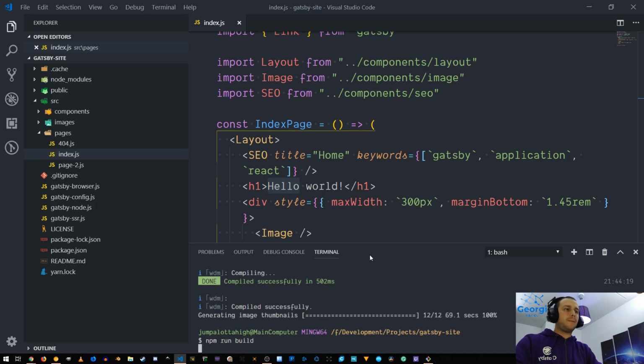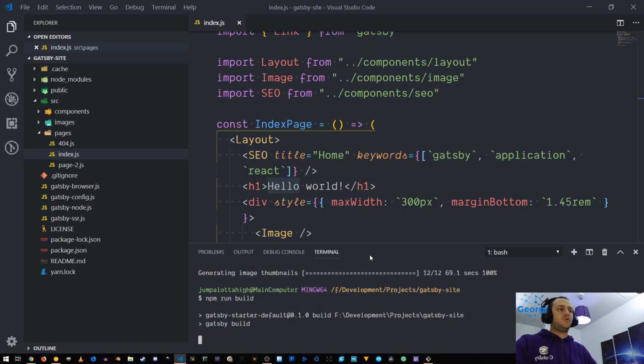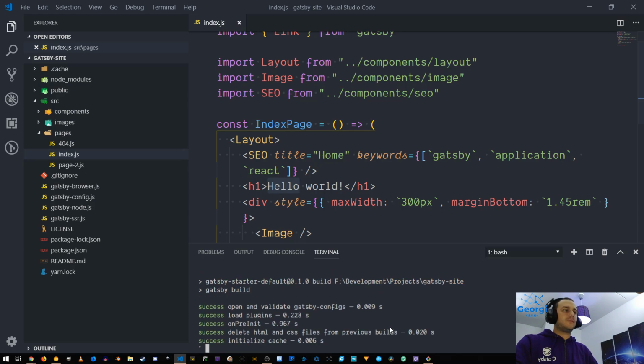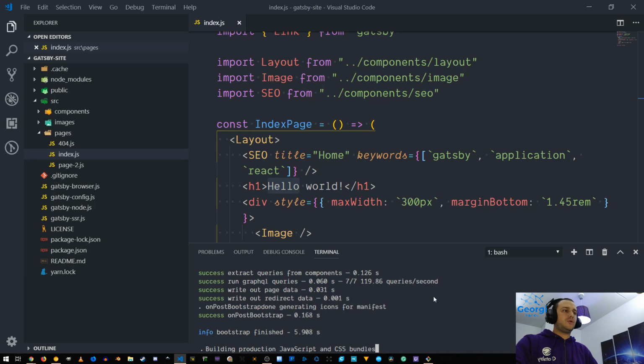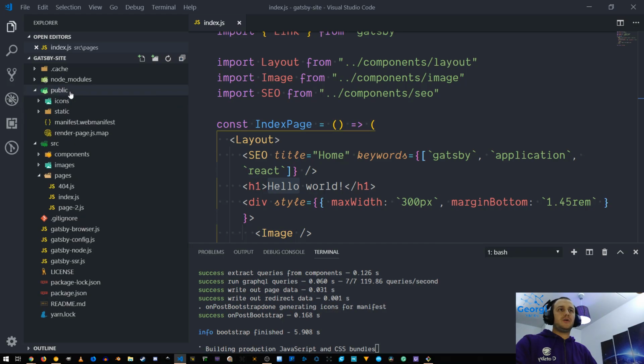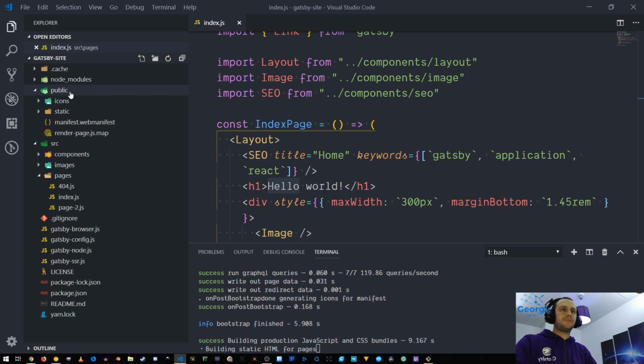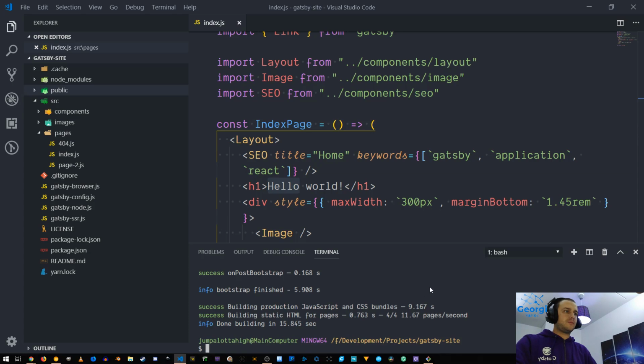But here we are, and so now what we can do is run npm run build to build a production version of our project, and the output for that is gonna come out under the public directory. So now that that's ready,